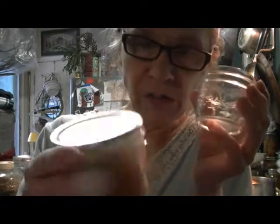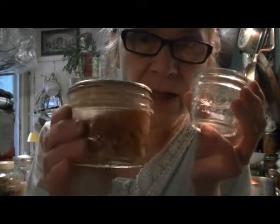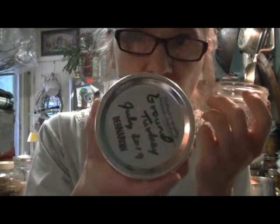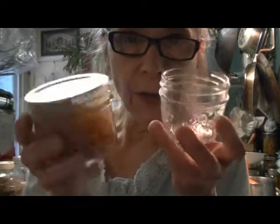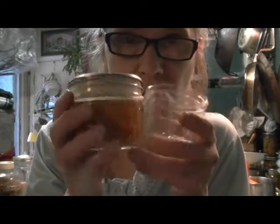put it into the jar, and then freeze it for those days when I don't have time to start, or maybe I don't have this in the house. People run out of potatoes, whatever it is. There's that day when you can just simply go grab one of these things from your storage food area, right? And this one from your freezer, and you can combine the two, and you can make a really wonderful meal